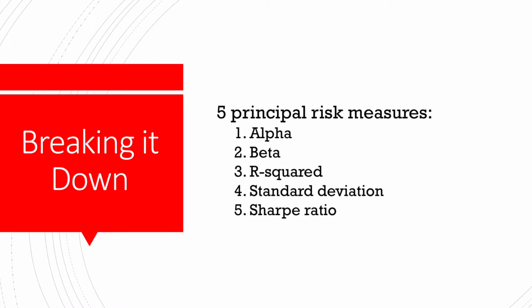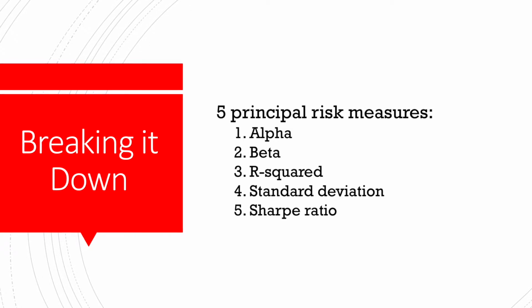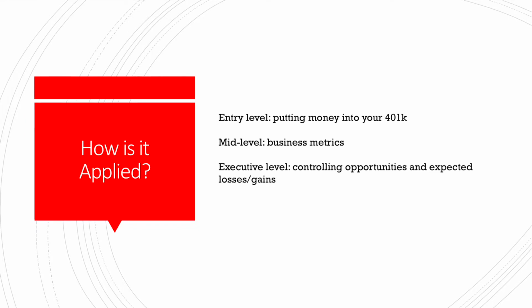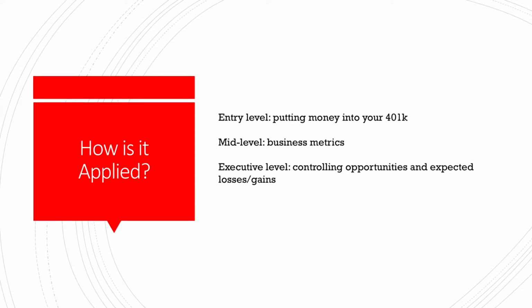And finally, Sharpe ratio measures performance as adjusted by the risk associated with it, done by removing the rate of return on a risk-free investment. An example of this would be a U.S. Treasury bond. Risk applied in the professional world, starting at the entry level, involves, for example, putting money into your